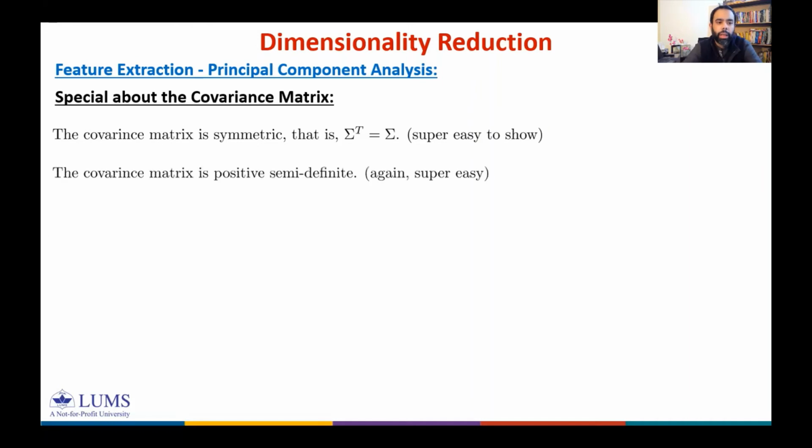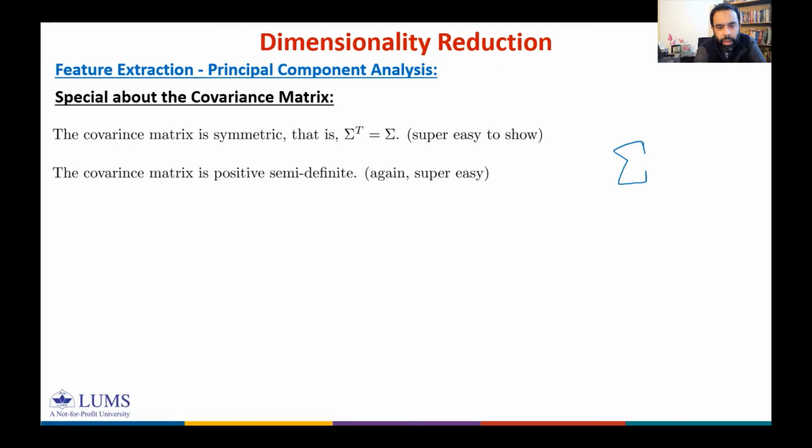You can also show that the covariance matrix is positive semi-definite. This is very easy to show. How do you show this? We need to recall what we mean by positive semi-definite matrices. So we say a matrix, let me start with sigma, we say a matrix sigma is positive semi-definite if